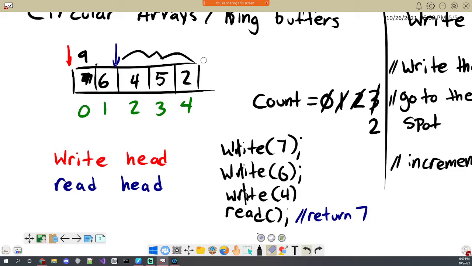When you're doing it with the pointers here in the assignment, because it's going to be actual pointers, I suggest you check the end of the array against an address, because that's maybe easier. The reason I normally do these with integers, because I think that's a simpler implementation, is that if we want to wrap around, we talked about it earlier, you could just do a modulo. So if you modulo by the size of this array, actually I should mention that we have a size here as well that was used to allocate this array, of 5 things. So the max amount of things this can store before overwriting is 5, regardless of our count, which is currently 4 things now.